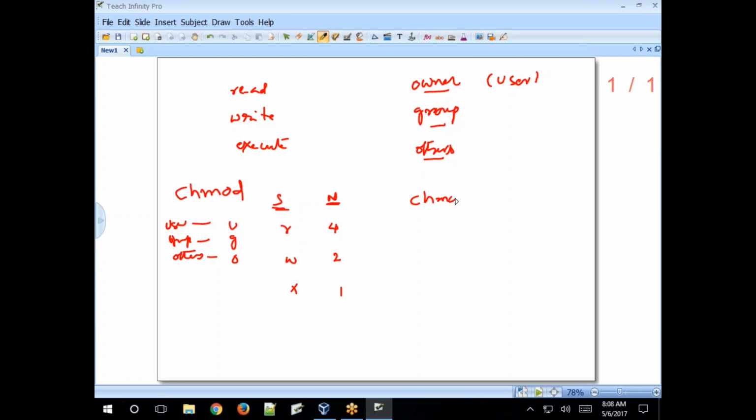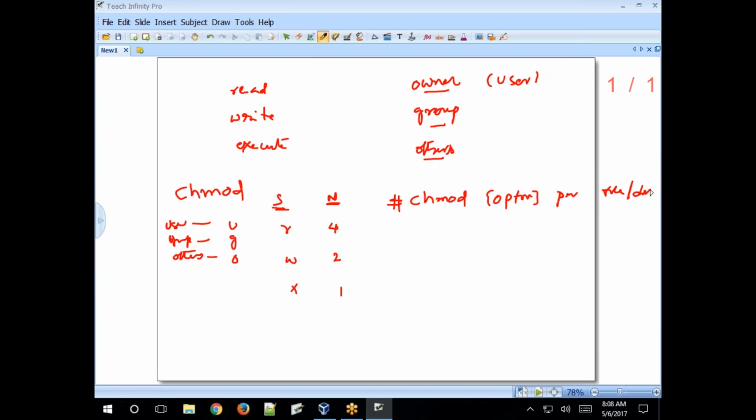chmod is the command, then options, permission, and file or directory name. This is the syntax of change mode: read mode, write mode, and execute mode change on a file or directory.